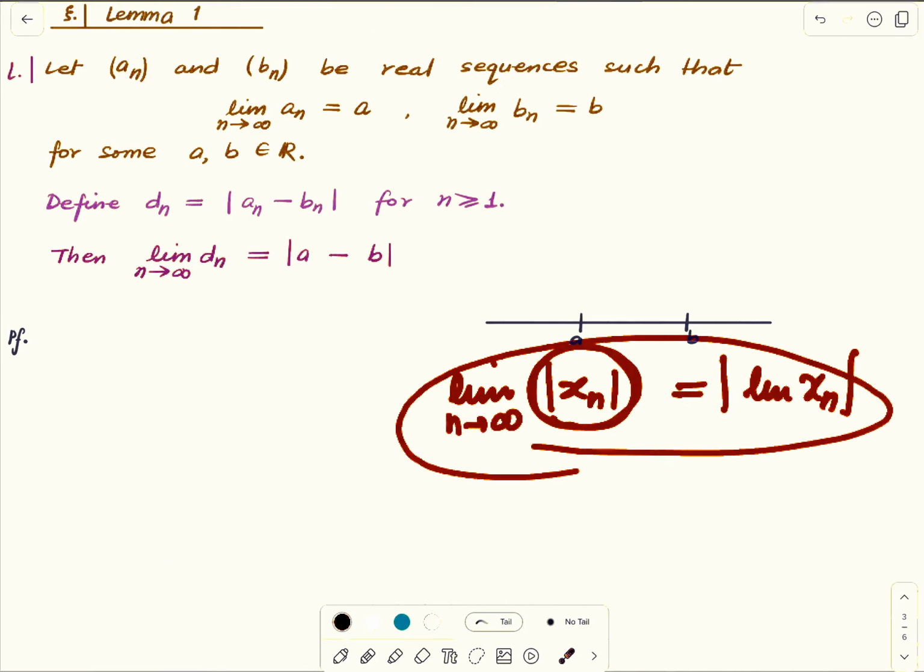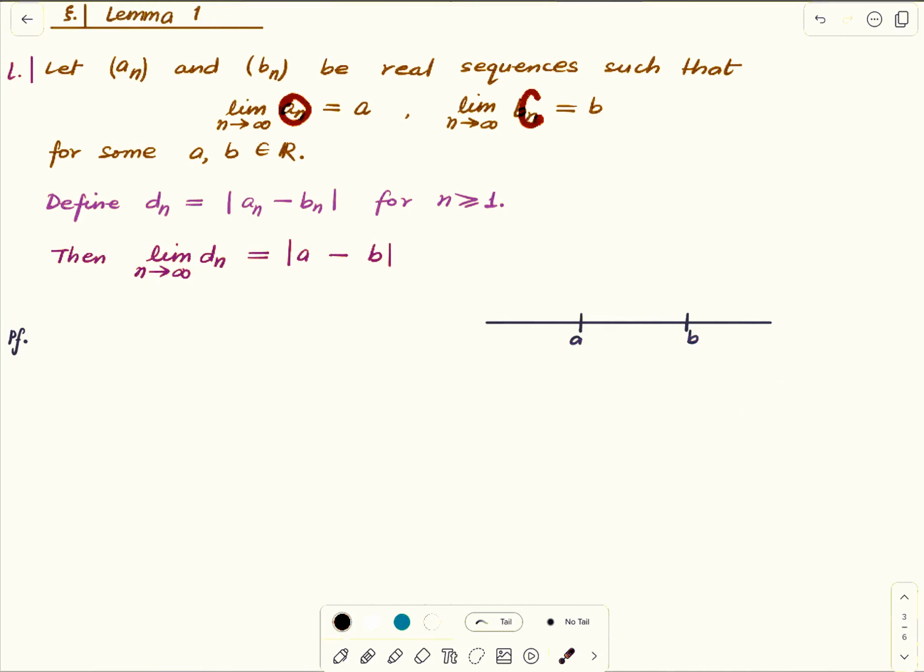Now, since a_n and b_n are convergent sequences, their difference is a convergent sequence because of the algebra of convergence. We proved algebra of convergence for sums, but of course it also holds for differences. So this difference sequence is convergent. And now by the star mark problem, we can immediately say,